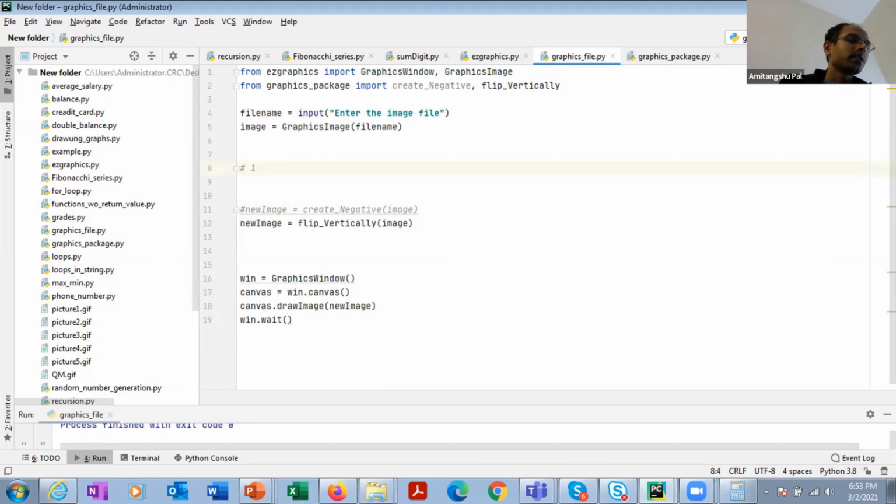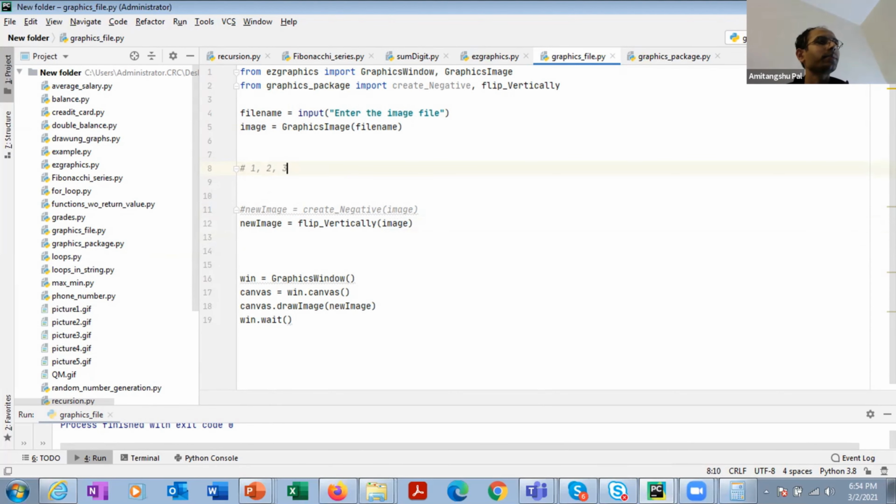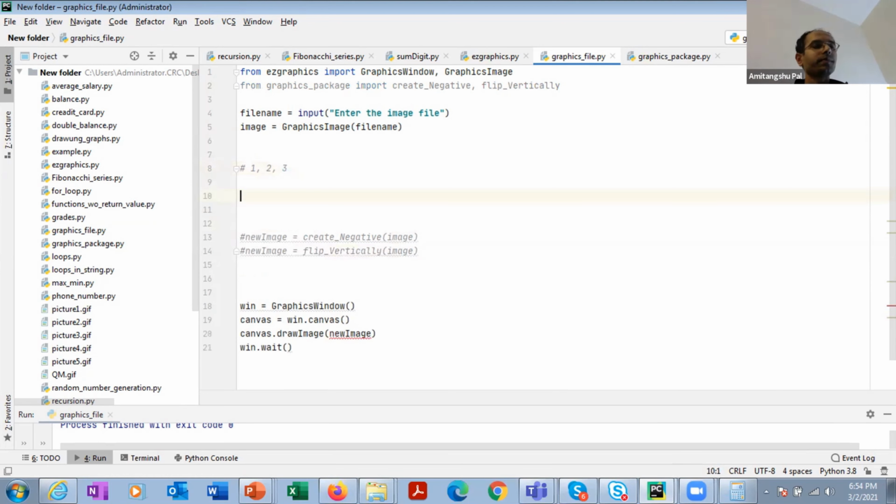If the user presses 2, it is going to flip the image vertically. And if the user presses 3, it is going to exit from the program. All right, clear? So it is going to run in a loop and keep asking you the question, what do you want. It is going to run in the loop until and unless you are pressing 3. 3 is basically the exit condition. Whenever the exit condition is true, it is going to come out of the process. Otherwise, it will keep asking you what do you want. Do you want the negative or flip vertically or what? Right? Okay. So let's write the program and let's make it a little bit more interactive.